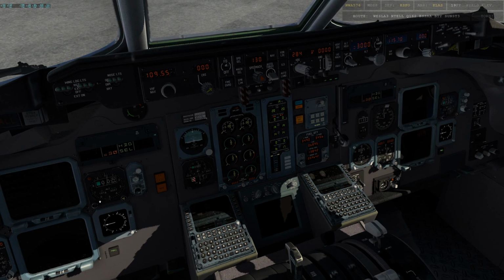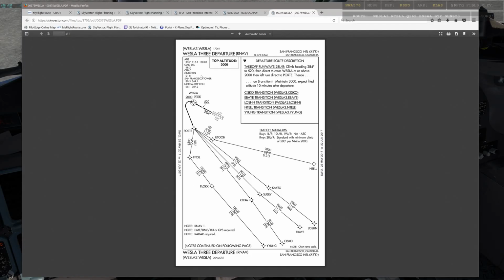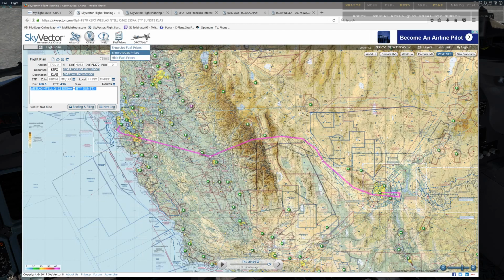Alright, so we checked out the field before, we were good there. Comms, as is for the moment. Actually, I could just put in the ground and the tower. So, ground is 121.8, tower we know is 120.5, and...